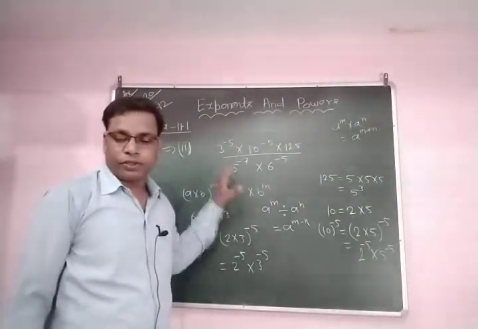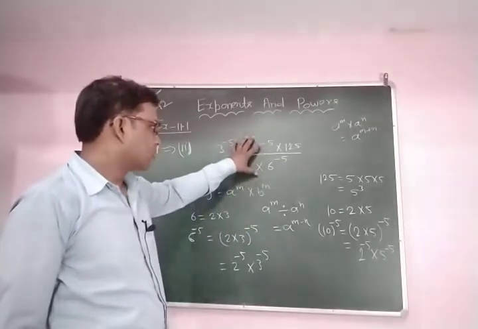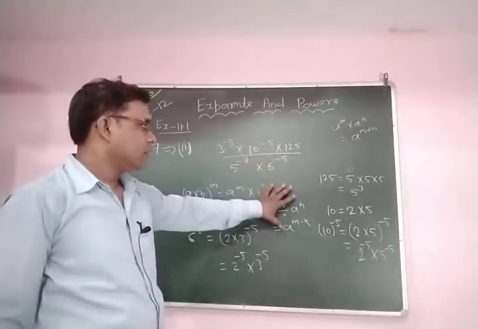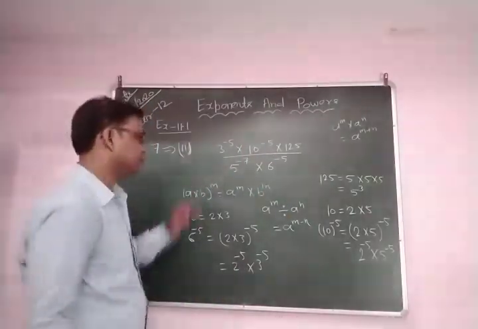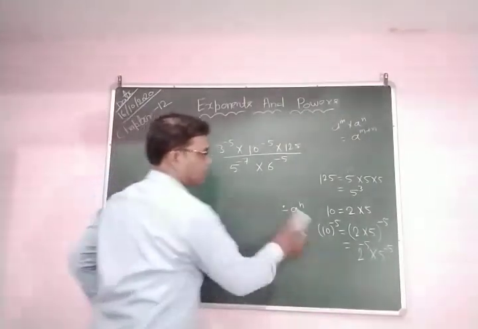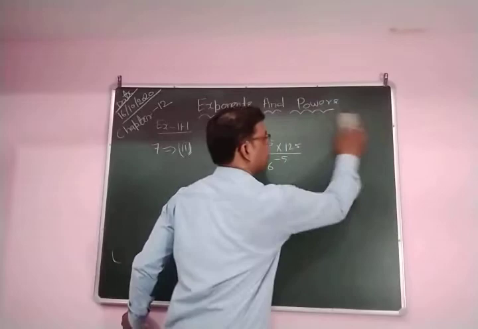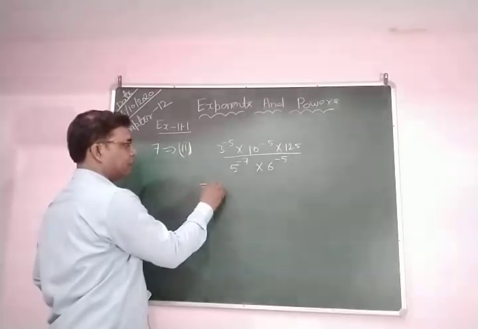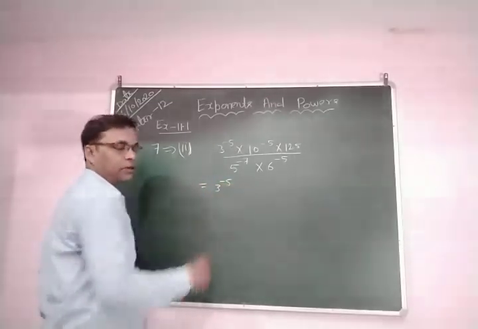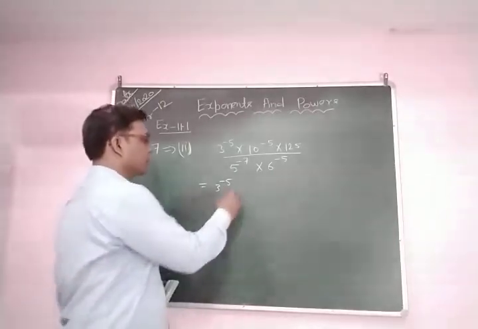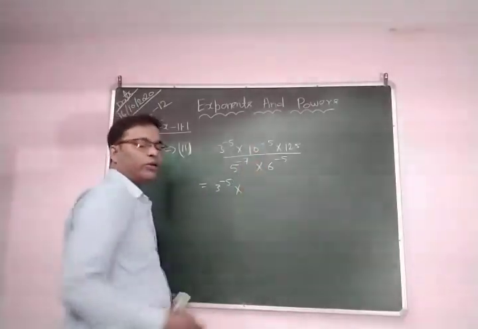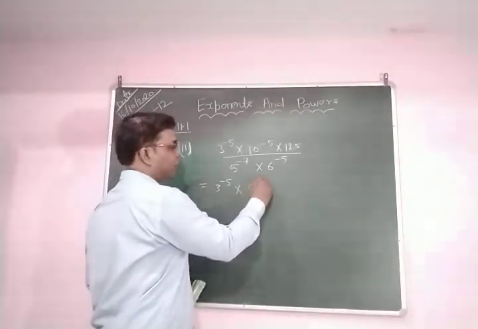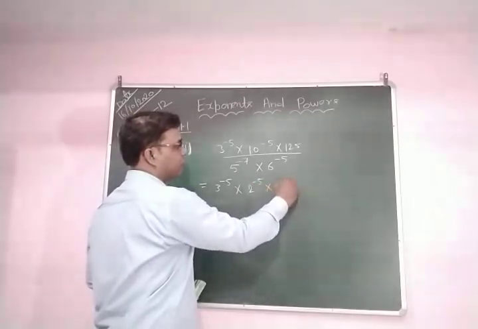Now we are going to solve these questions, and we discuss all parts of this question. Okay, so first we start from here. Now let's see. Here you can write 3 power minus 5 as it is, into 10 power minus 5. So 10 power minus 5, if we convert it, is 2 power minus 5 into 5 power minus 5, into